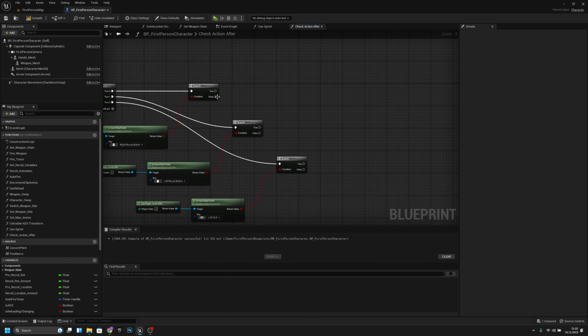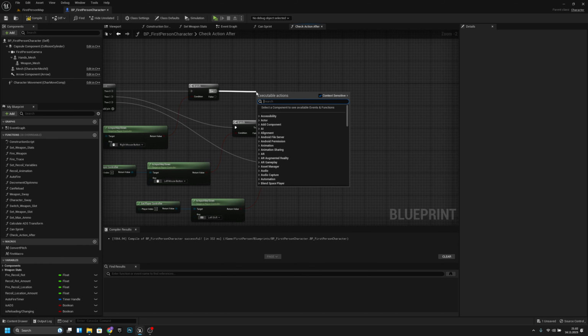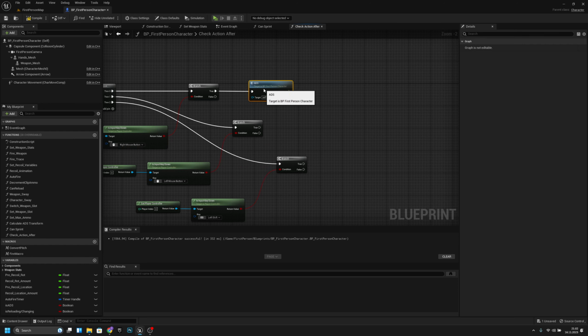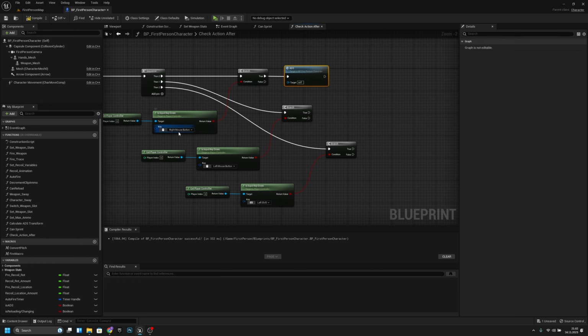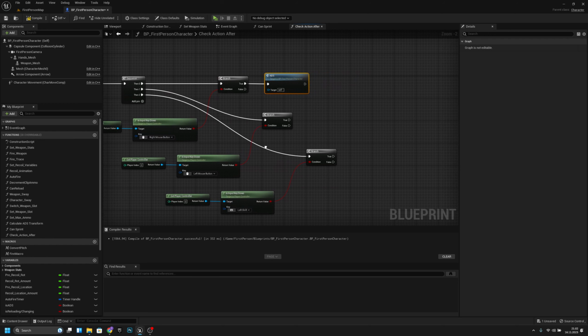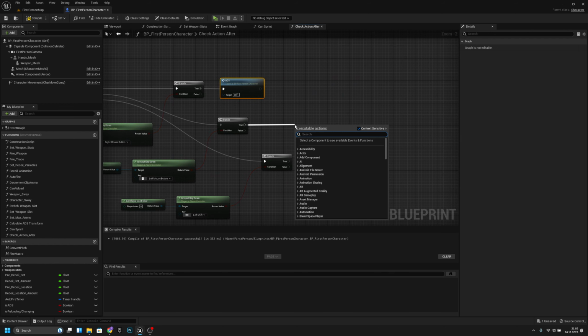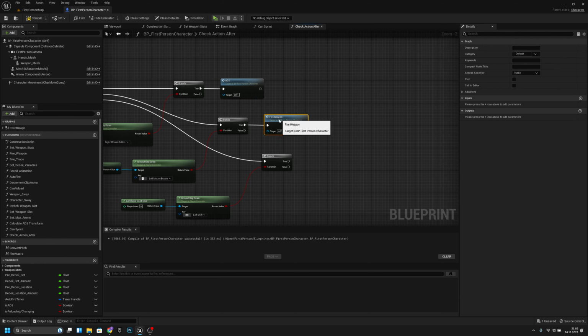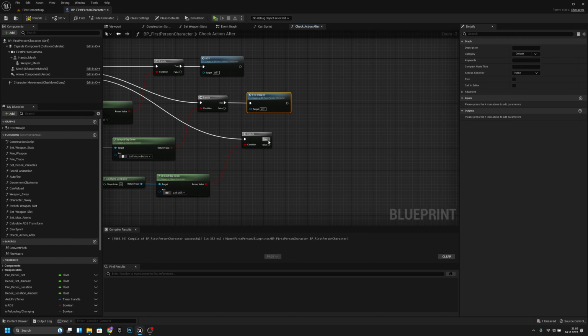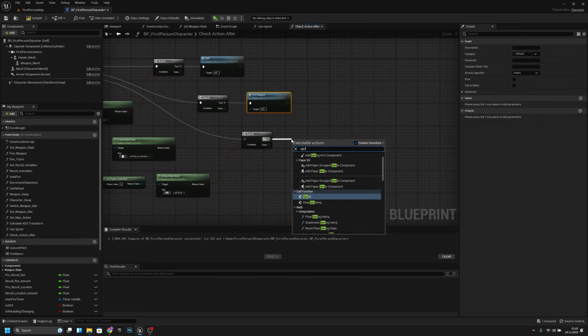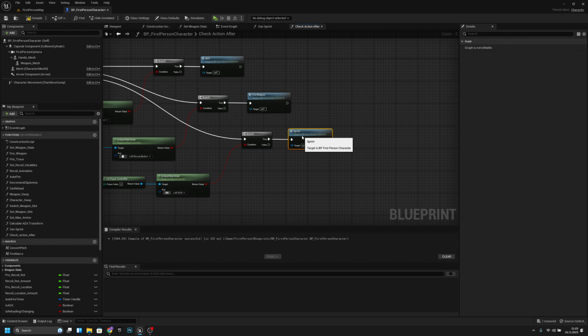And here on the first we want to ADS if we are still pressing it after, and on the next one we want to fire weapon, this one, and from here we want to sprint. Okay,